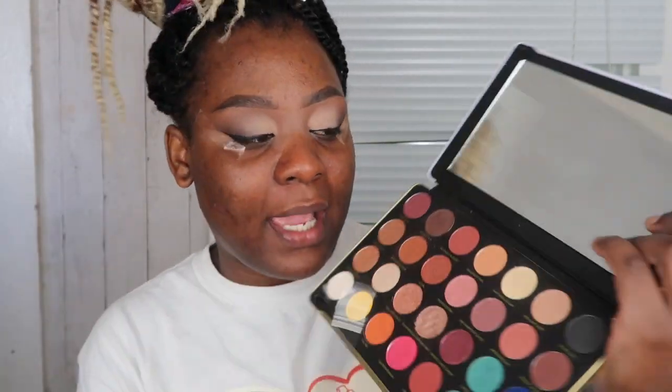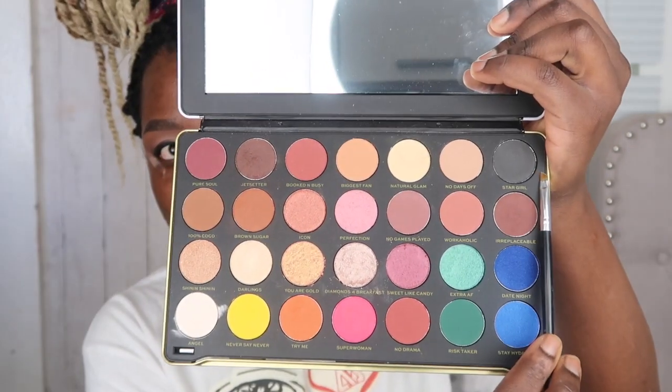I think I'm gonna do a smoke liner. Ooh, so far guys, I'm loving this. Tell me what you think. It's giving me 90s vibes and I'm digging it. I'm gonna do a smoke liner. I'm gonna go inside the palette and use the black shadow to smoke the liner. And let's...